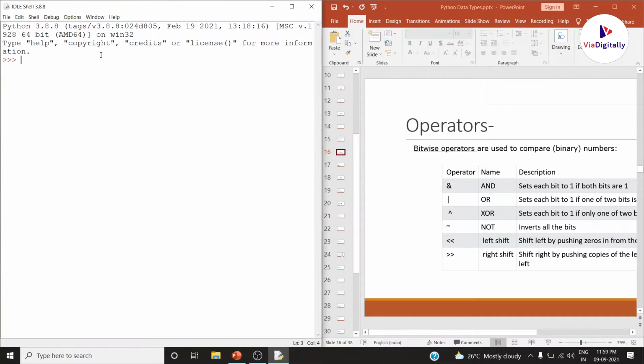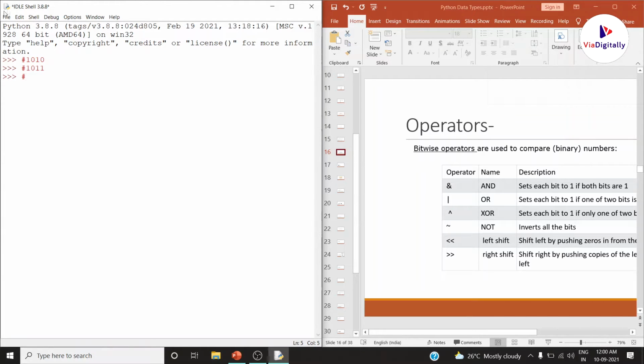Firstly, we have the logical AND operation. Let me take an example, 1010, that is nothing but 10 in decimal format, right? I am taking another input, that is 1011. What happens if I perform a bitwise AND operation between these two numbers? We know that for an AND operation, if both inputs are 1, the output will be 1, otherwise the output will be 0.